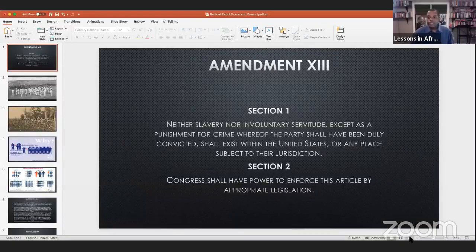But I wanted to have a conversation about the Republicans of the 1860s, the positions that they held, the impacts of the laws that were passed during that time. We'll come back and talk later about some civil rights acts that were passed in the 1860s, post-Civil War as well. But today, I want to spend some time talking about the 13th Amendment and some impacts of this amendment on African Americans and other groups even today. So I want to share my screen to show some information that I want to focus on today. So with that being said, in